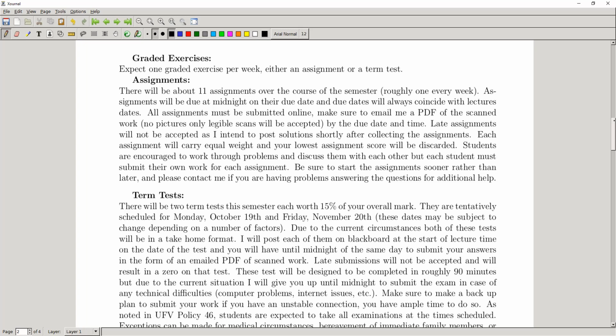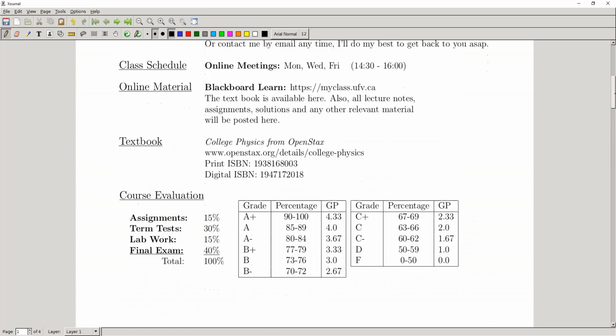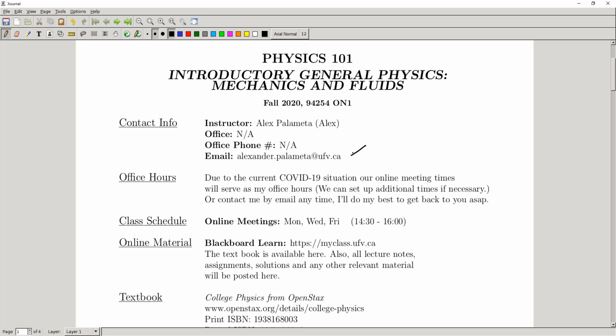And so maybe I'll talk a little bit here about the assignment submission, the way that I'm hoping to have the submission work. So what I'd like to see is that each person's going to need to do their own assignment, right? Students, you guys can work together, and of course you're going to have to be careful about social distancing and so forth. But if you have friends or people you want to communicate with remotely, by all means work together. But each student is going to have to submit their own copy of the solutions to each assignment. When you do submit them, you're going to be submitting them to my email, the email that I showed above here.